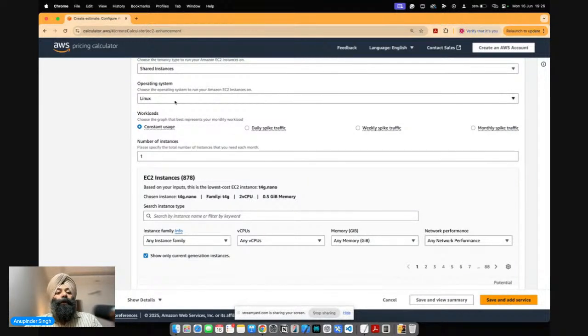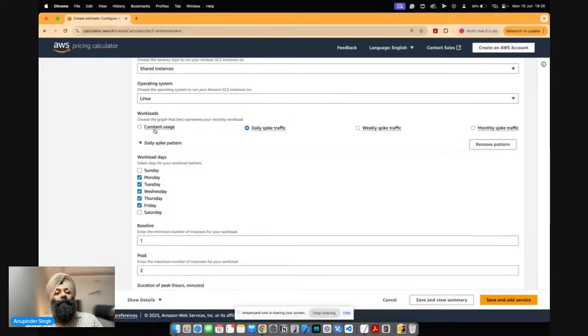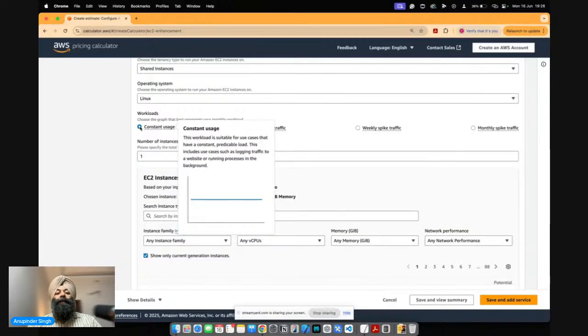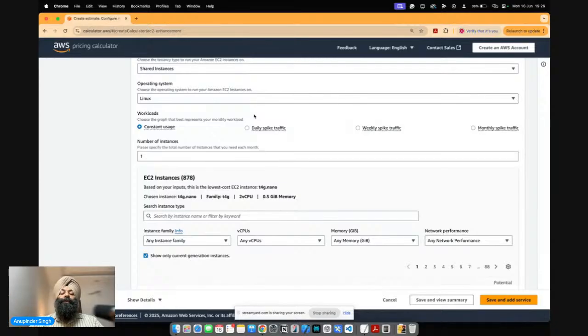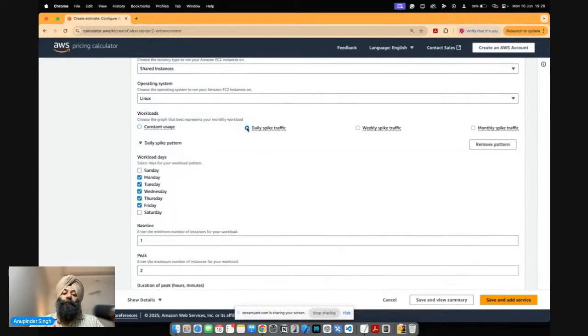सो एट दिस पर्टिकुलर पॉइंट ऑफ टाइम आपने ऑपरेटिंग सिस्टम चूज किया लिनक्स, देन कांस्टेंट यूसेज करनी है. आपको पता है कि थ्रू आउट द डे आपका वो चलता रहेगा और आप कॉन्स्टेंटली यूज करेंगे उसको 100% तक, मे बी सम परसेंटेज. उसके बाद डेली स्पाइक है, राइट? सो डेली स्पाइक कैसे हो सकता है? सो अगर मैं आपको एक आइडिया दूं, लेट्स से आप एक स्टॉक रिलेटेड इंफॉर्मेशन वेबसाइट रन कर रहे हैं. सो आपकी स्टॉक रिलेटेड वेबसाइट पे स्पाइक्स कब आएंगे?